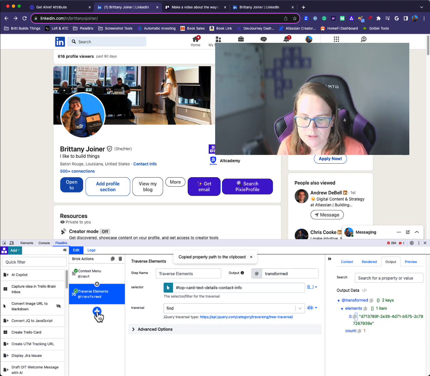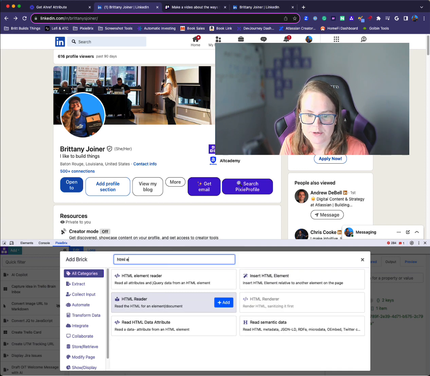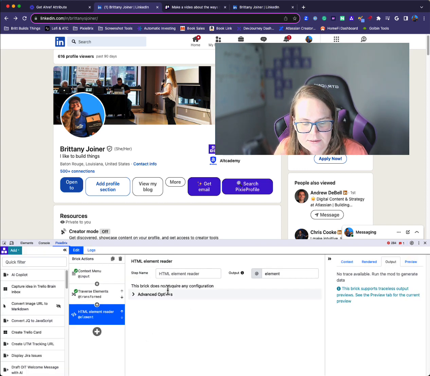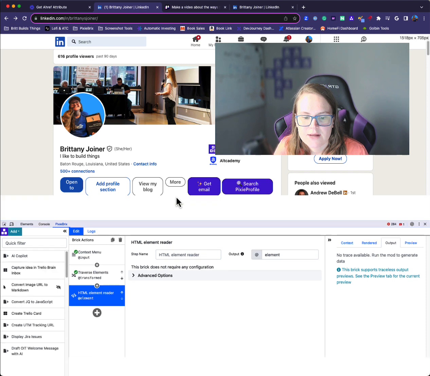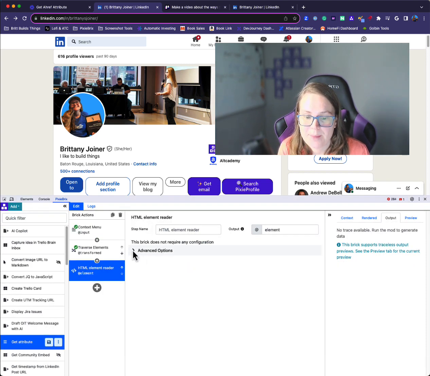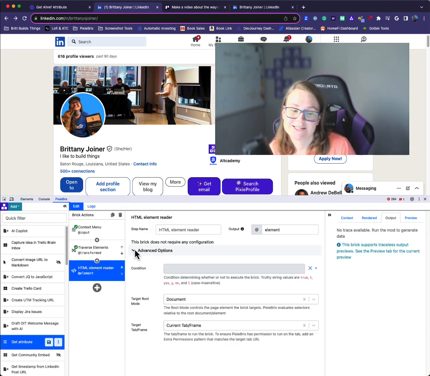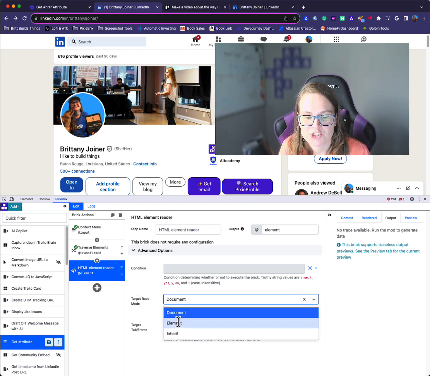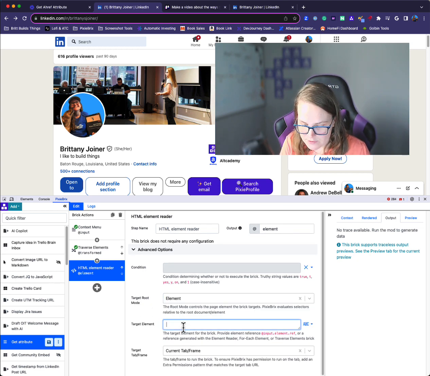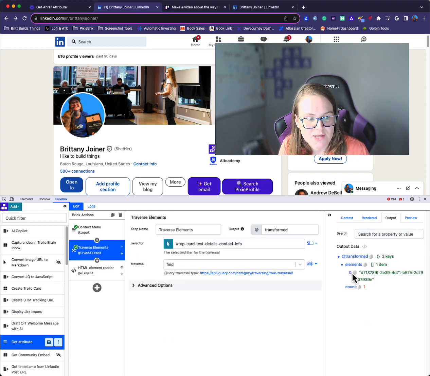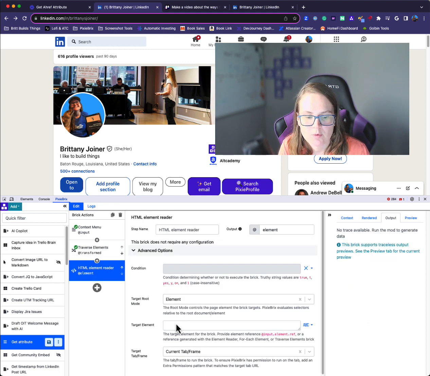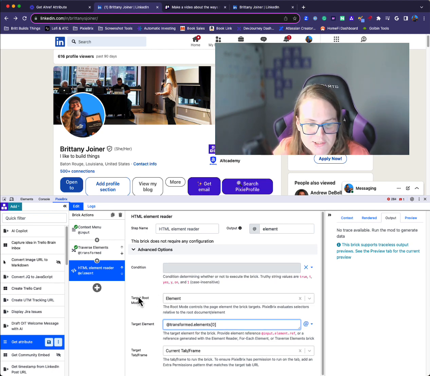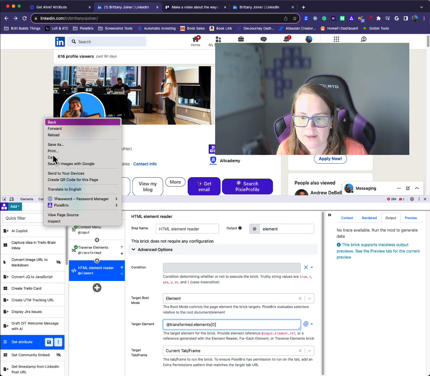Then I'm going to add the HTML element reader brick. I'm going to click that. There's nothing to configure off the bat, but we actually need to go to the advanced options to configure the target root mode, which we want to change to element. From here, this is where we will reference that path. Notice I copied that. This is how we will reference that input's reference. And so now when I run it,